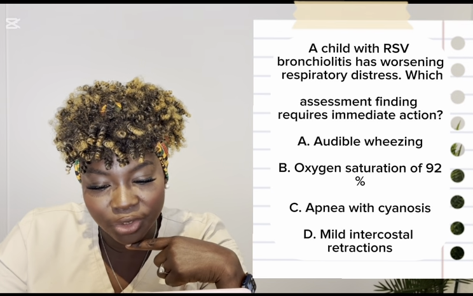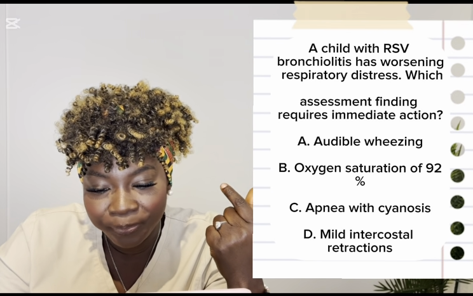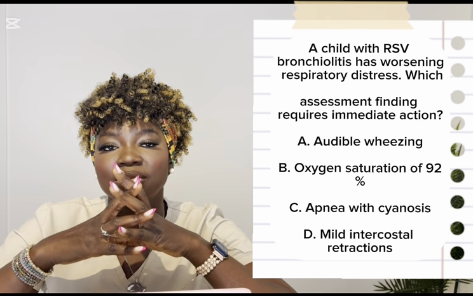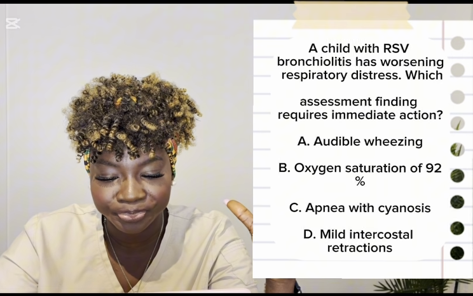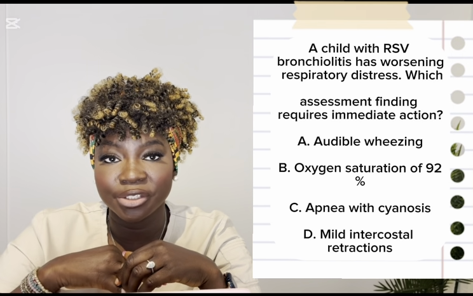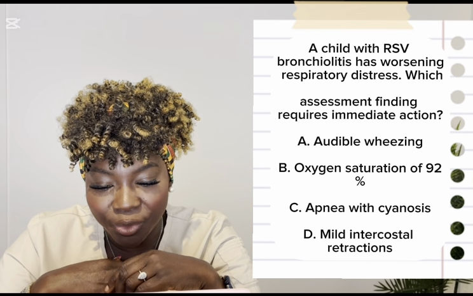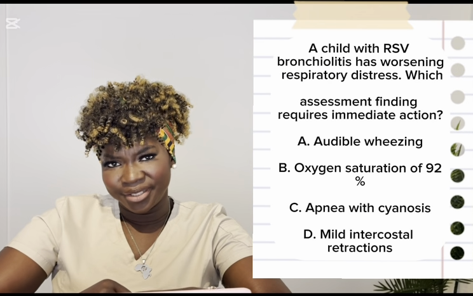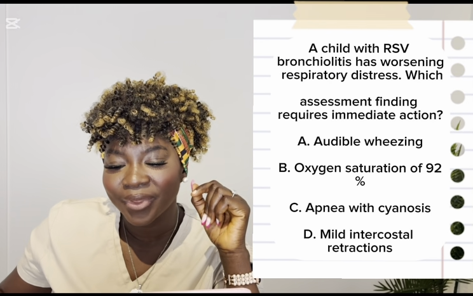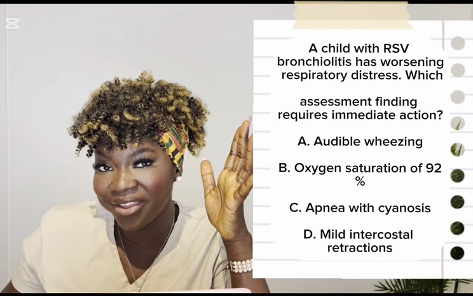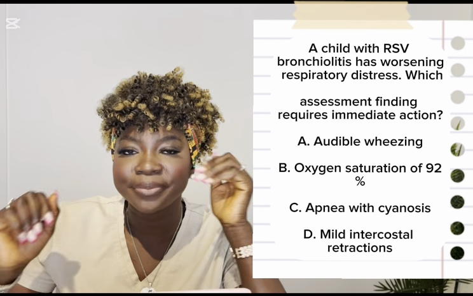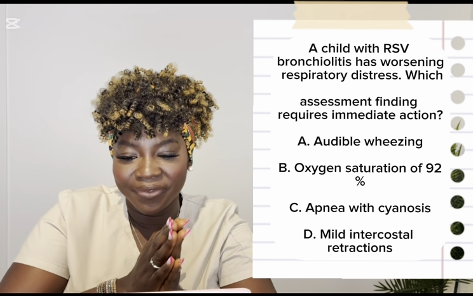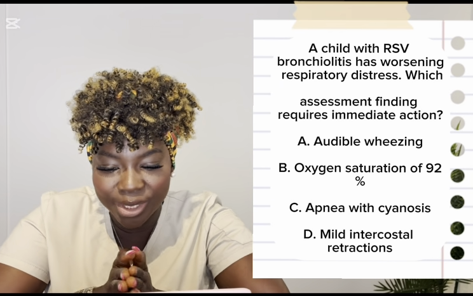Now let's go through the wrong choices. Audible wheezing. When they have RSV, like I said, I've explained it to you, because of congestion in the nose, wheezing is possible. From this list, it's not your greatest priority. Oxygen saturation of 92. This is concerning, right? Because the oxygen level should be between 95 and 100. But it is just slightly below 95 compared to apnea with cyanosis,